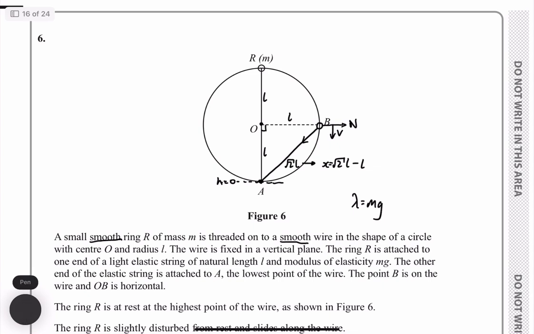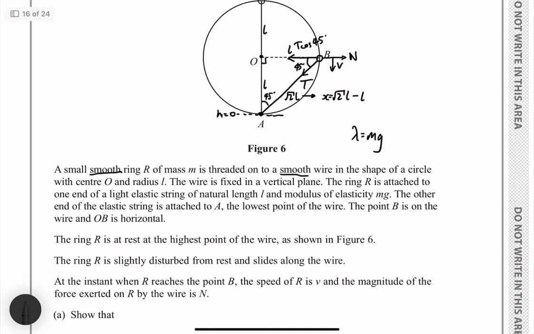To do this, we're going to consider our tension here and realize that because of the L and the L, this little triangle we've got going on here, this must be a 45-degree angle. So our horizontal force in this way is T cosine 45, or T sine 45. Now that might not seem to help us very much